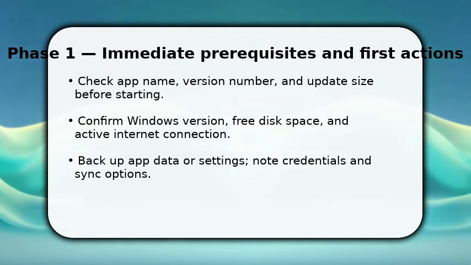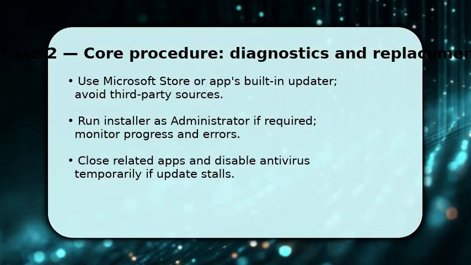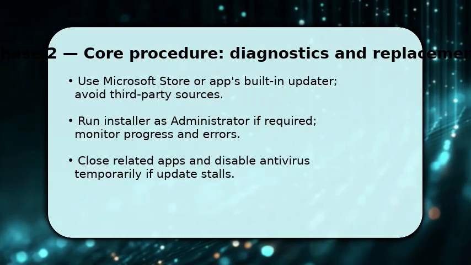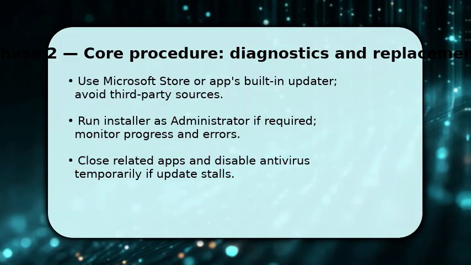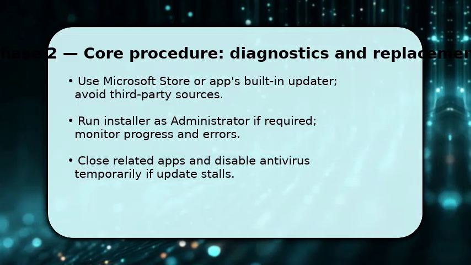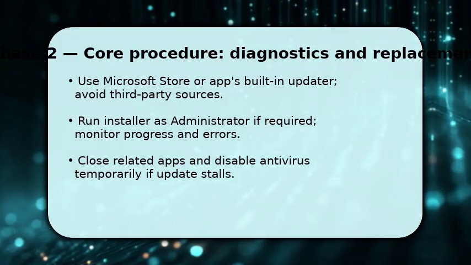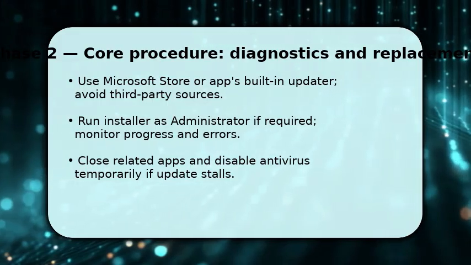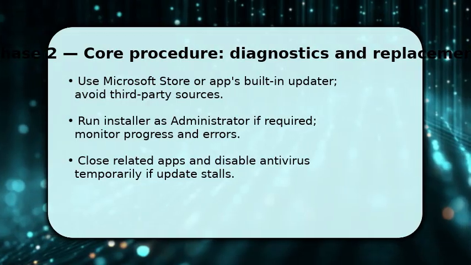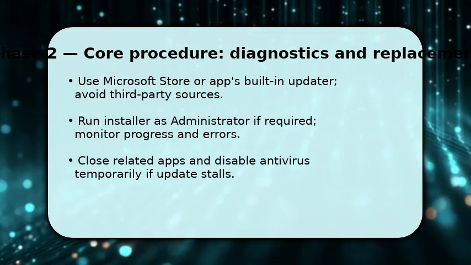You proceed to the actual update by choosing the official source, Microsoft Store or the app's built-in updater, to avoid corrupted files. Start the download, and if prompted, run the installer as administrator so it can modify system files. This prevents permission failures. Make sure to close related apps to free resources and monitor the progress for any error